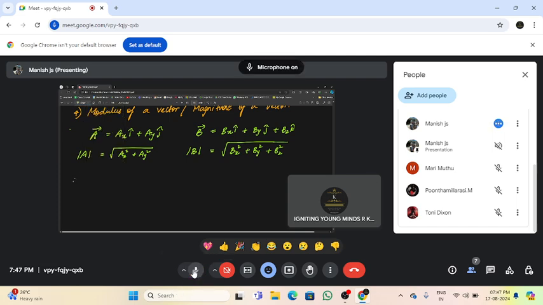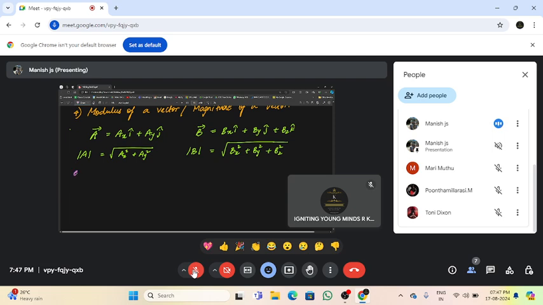Manish, I just have a doubt. Is modulus always positive? Yes, modulus is always positive. So children, you should understand this. Why is it positive? You think over it. You need not give the answer. So that's what we are going to see, as sir asked. You'll get the answer for it yourself as we look at different examples.